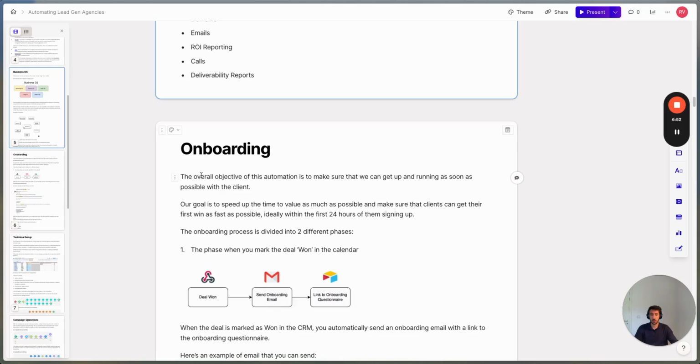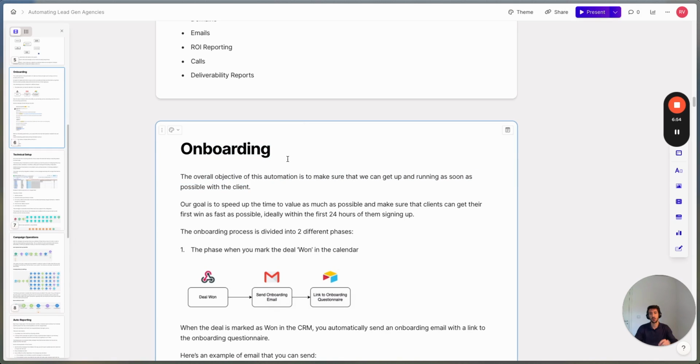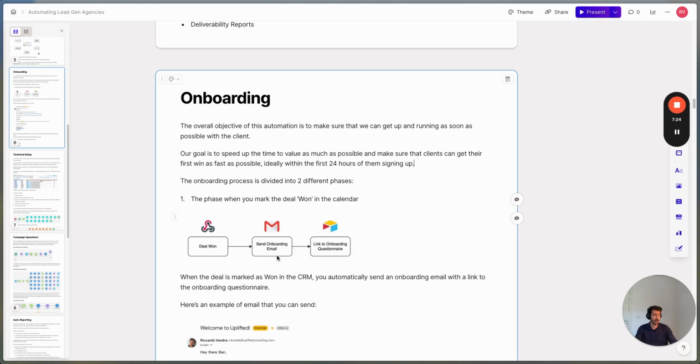We start off with the onboarding part, which is the first module that we automated, and that we tend to automate because the actual goal is to make sure that your client receives value in the fastest way possible. So ideally, the goal is to speed up the time to value and make sure that the client gets their first win as soon as possible, ideally within the first 24 hours of them signing up or paying, signing a contract, whatever the case might be for you. So this is divided into two different elements for us in general. There's one part where we